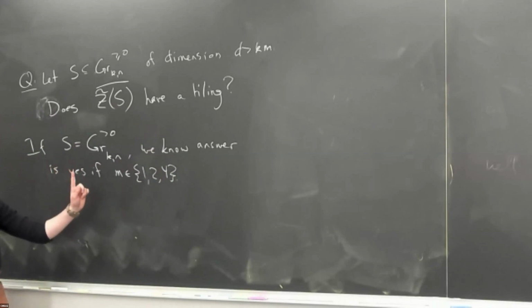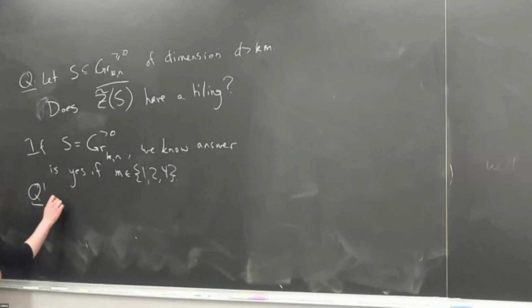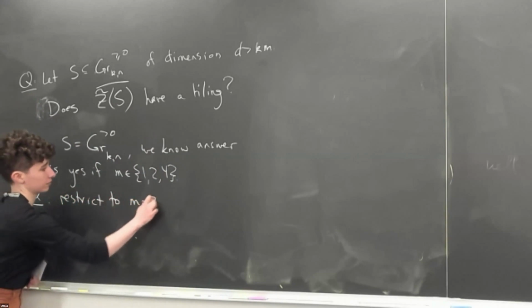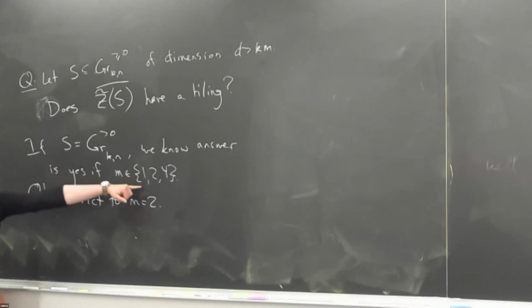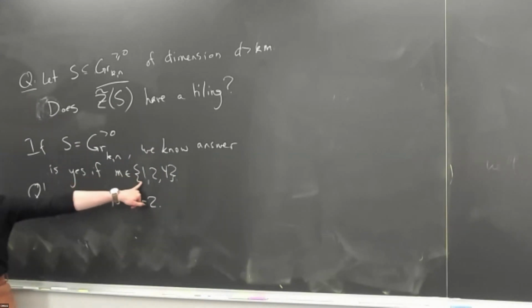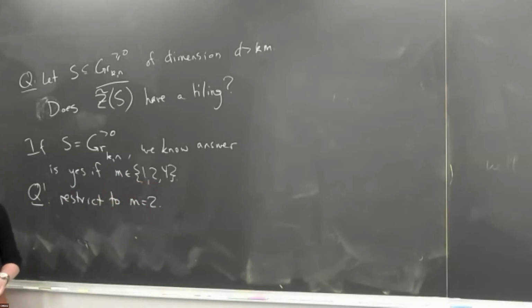So maybe the question prime is, let's just ask the question for m equals 2. I guess you could probably also do m equals 1, but maybe m equals 1 is basically implied by the results of Stephen Cohen and Warren Williams. I'm not totally sure, but maybe you could analyze it pretty well using their method. My feeling is that m equals 2 is maybe the first really interesting case, where you have to come up with many new ideas to solve this setting.